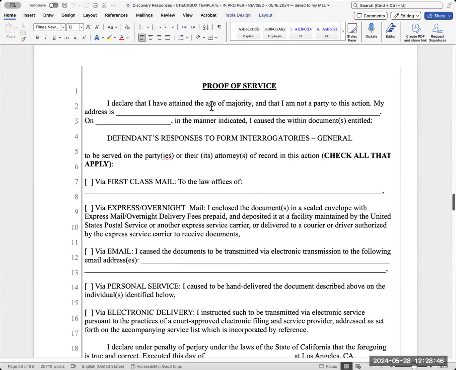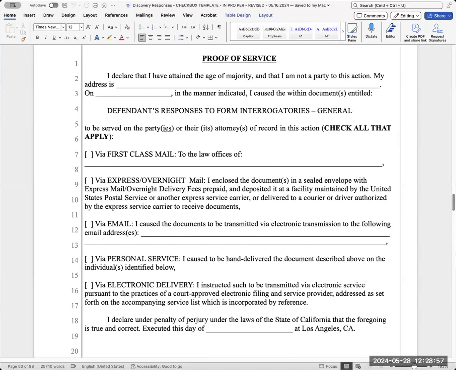If you let your attorney law clerk team know you received interrogatories general, they will likely sign the proof of service for you and help get this out to the opposing counsel within the deadline. They're not always available, though. Sometimes law clerks are extremely busy and they'll ask you to do this yourself. If you do it yourself, make sure that the person who does the proof of service, the person who's going to email this to the opposing counsel,